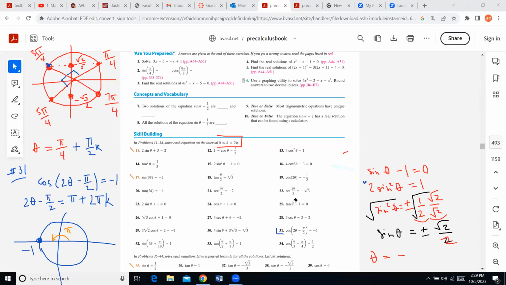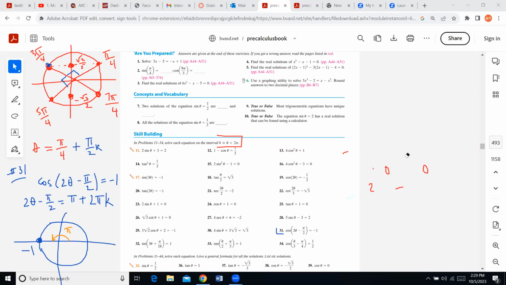So let's finish up with this. And of course, I'm going to make a picture of these solutions again. So it looks like I have to take that pi over 2 and add it on both sides, right? To isolate theta, first of all, I need to take away this pi over 2, so I'm going to add it to pi. So what's going to happen then? Well, 2 theta will be equal to 3 pi over 2.